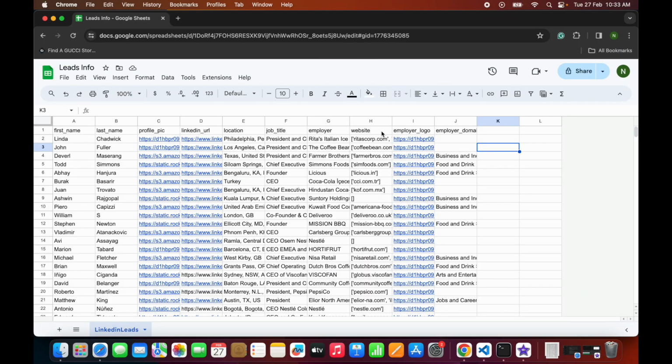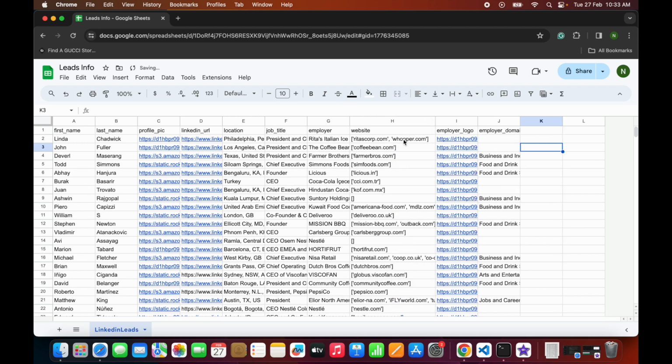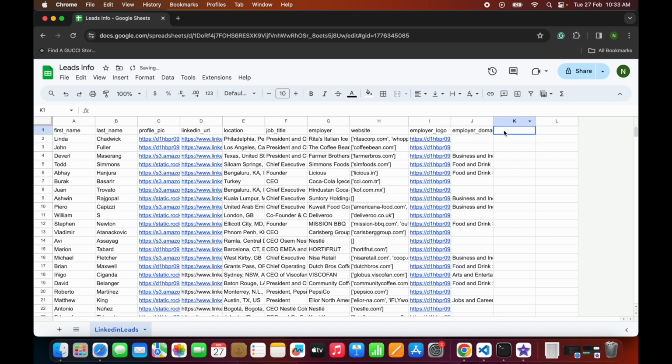Okay, so the website data is not clean. You can see there are square brackets, then there are apostrophes, and we need to remove these to make it clean. Some websites might have two values. See, the first one has ritascorp.com and hooper.com. So this needs to be cleaned, and for that we'll use the SUBSTITUTE formula here. So we'll use SUBSTITUTE, and from the H1 cell we shall remove the opening square bracket and replace it with an empty string,